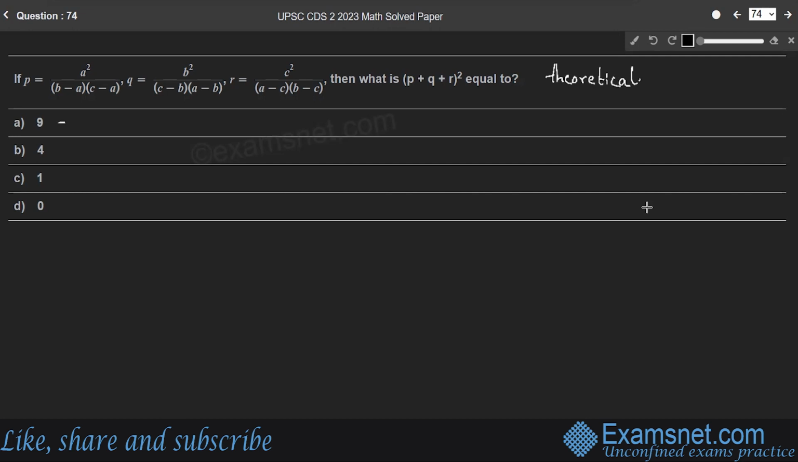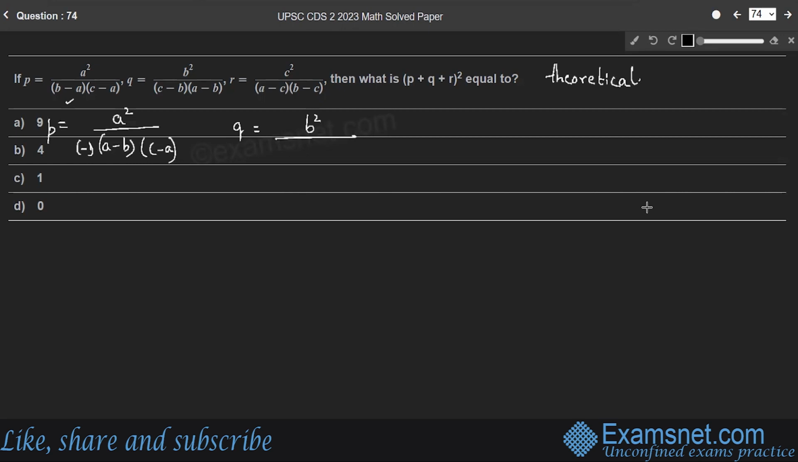Since P is given, I'll take P is equal to A square by, and I'll express the denominator in terms of A minus B. So I'll take a negative sign outside. B minus A with a negative sign becomes minus of A minus B, and C minus A will be as it is. Whereas Q is equal to B square by